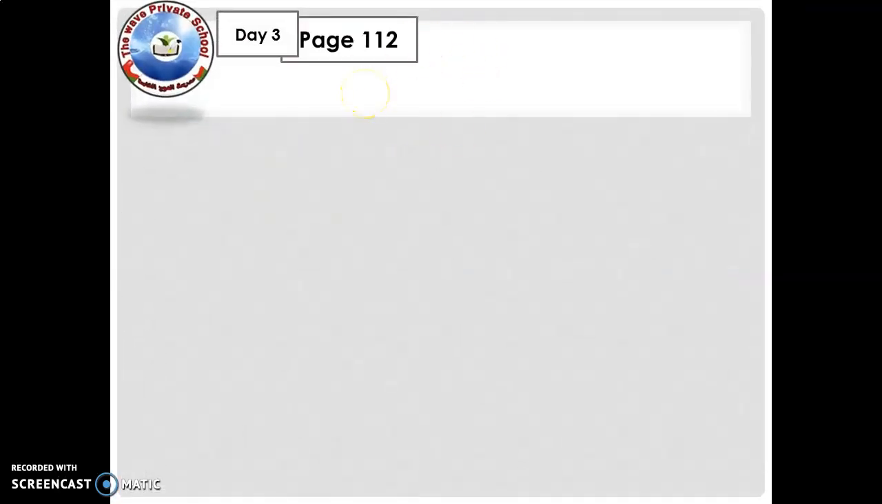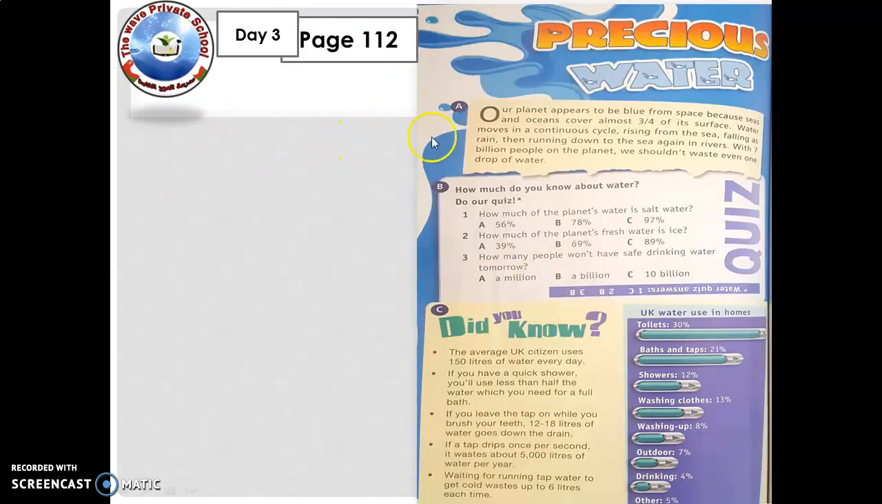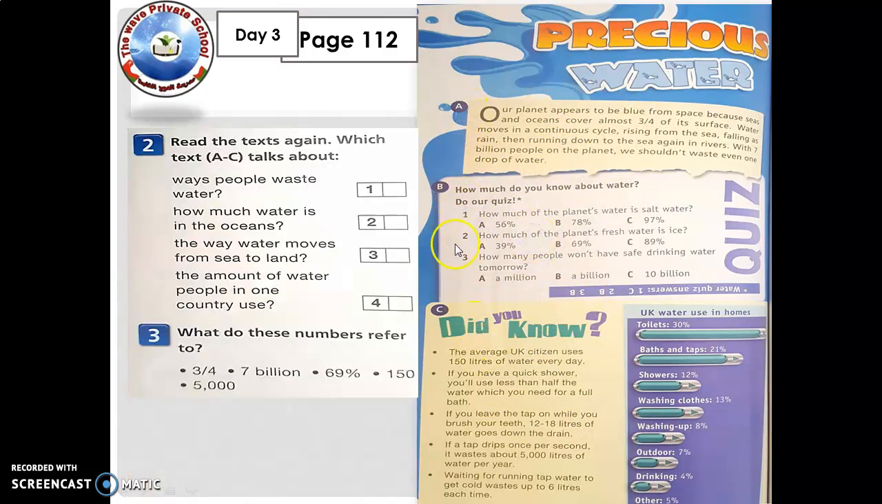Okay, so day 3 now, page 112 still. Now, precious water. There are three types of reading articles here. We have A, B, and C. So you are asked to read the text. Which text, A, B, or C, talks about people wasting water? Where is that? It is in